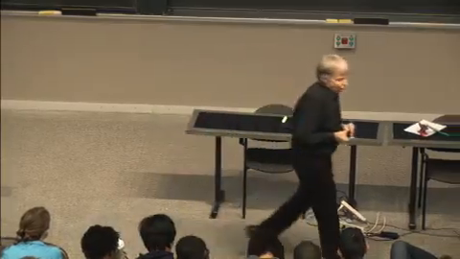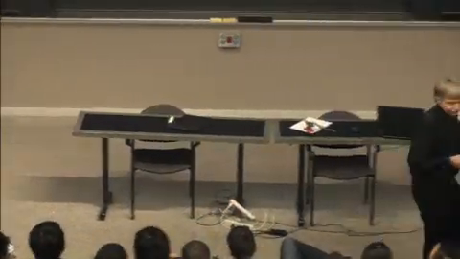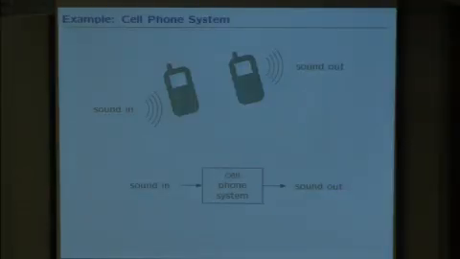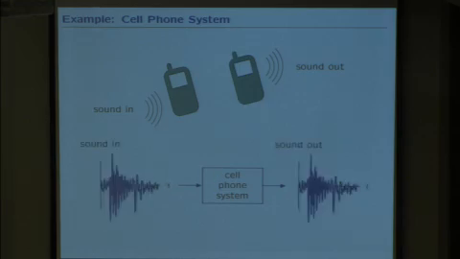Here's a third example. I could think of a cell phone system. Here again, there are very complicated ways we could think about the system, but I'm going to take the particularly simple approach called signals and systems, that I'm going to characterize the phone system by the way it transforms some input sound into some output sound. And as you can imagine, there's a way of thinking about performance in terms of that transformation. Ideally, we would like this to bear some resemblance to that.